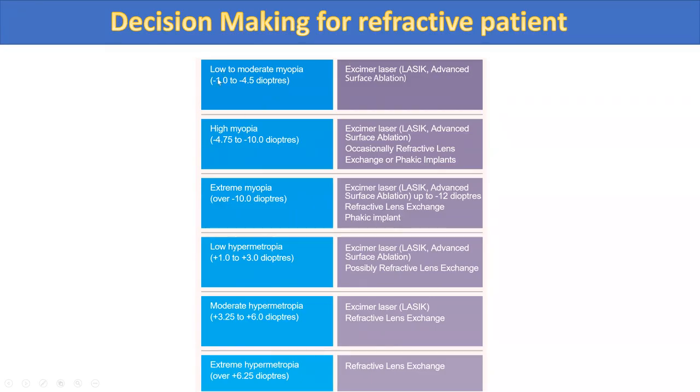For patients with low to moderate myopia, like -1 to -4.5, excimer laser will be the option, like LASIK or PRK, which is called surface ablation. For high myopia, between -4.75 to -10 diopters, excimer laser, LASIK, or advanced surface ablation, but here there are precautions. First of all, the corneal depth. The corneal depth will be very important, as it will allow ablation of this, but most practitioners will not exceed -8 diopters